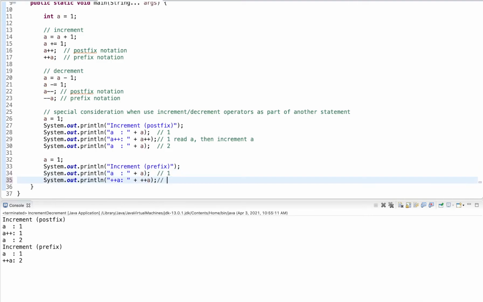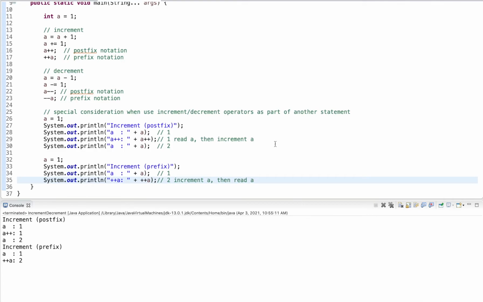Why do I get 2 this time? I get 2 because now I switch these two things. I increment A first, and then I read A. So as part of the statement, first A gets incremented, and then it will be read as part of the statement. Versus when I use postfix notation, it reads the value first, outputs it, and increments it afterwards. Here we increment it first, before the full statement that it is part of gets executed. And here the statement that it's part of gets executed first, so it reads A, outputs it, and afterwards A